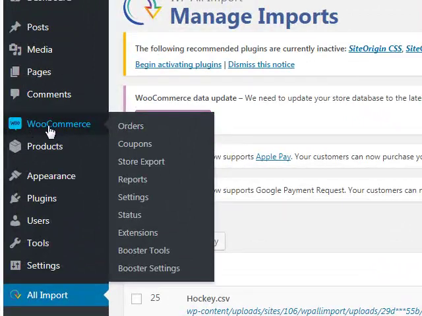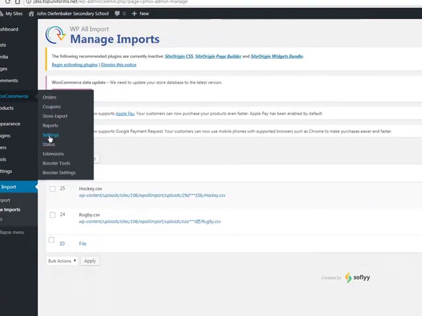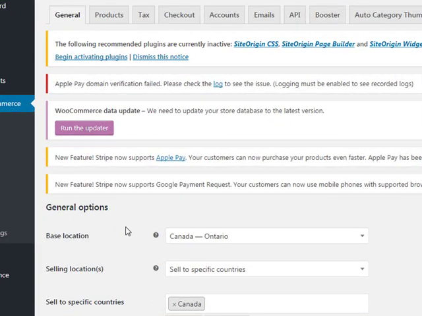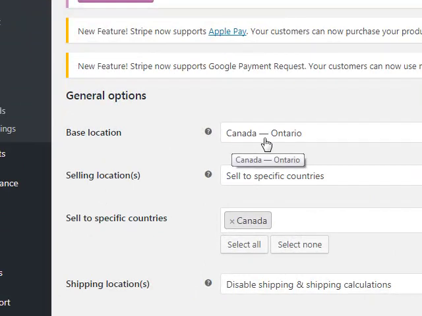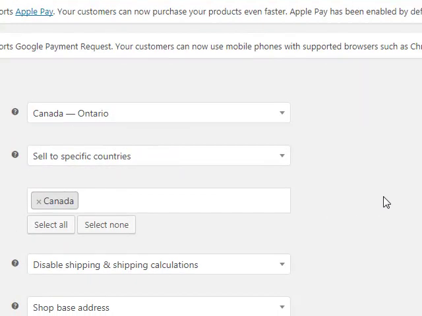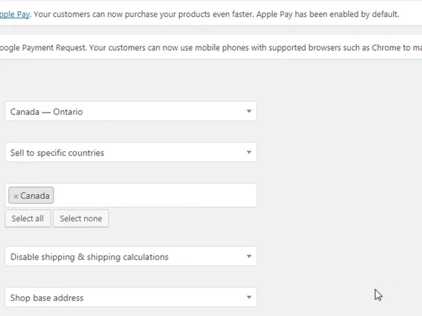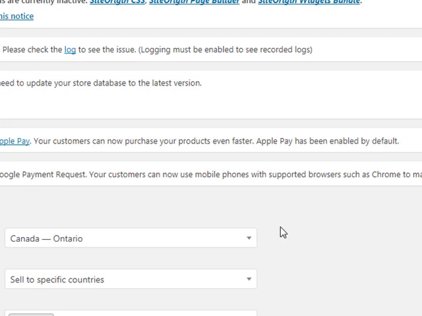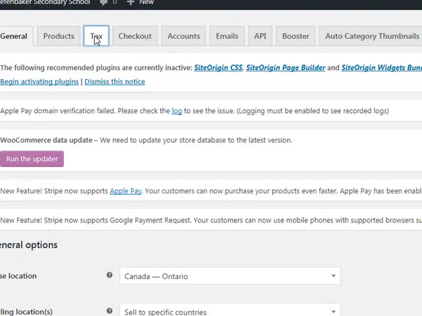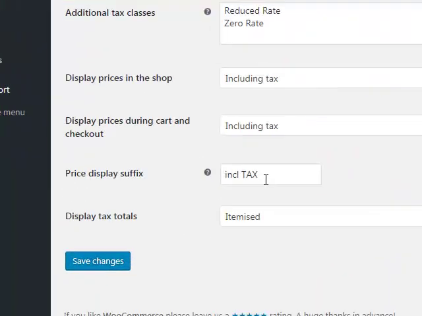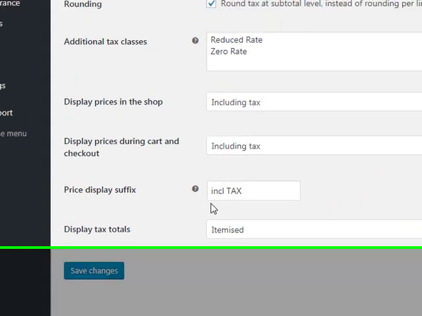And we need to go to WooCommerce and settings. We need to fix something if it's wrong. The first part is that we should check this part, general. We should check that the location should be Canada, Ontario, and it should be disable shipping and calculation. Okay, and then we go to tax. This part should be including tax, not including HST. Okay,